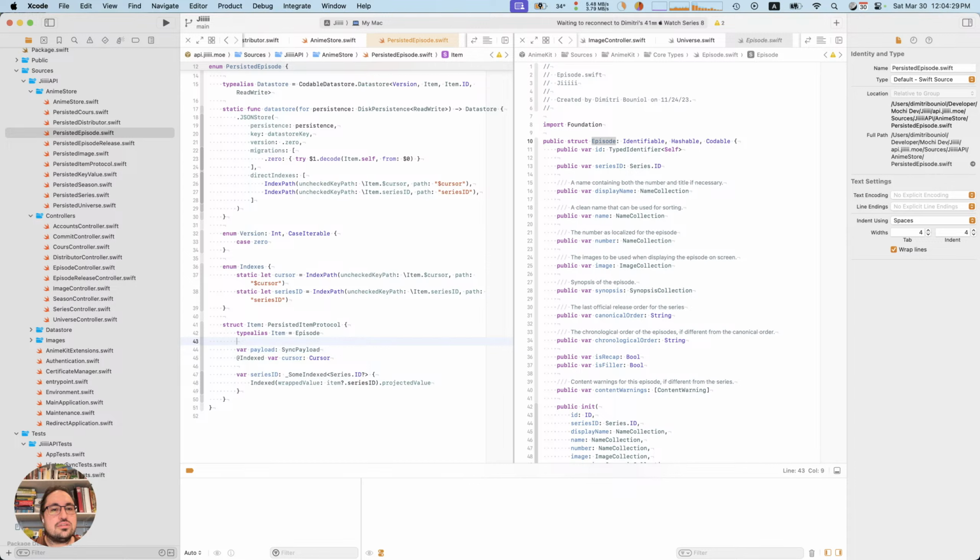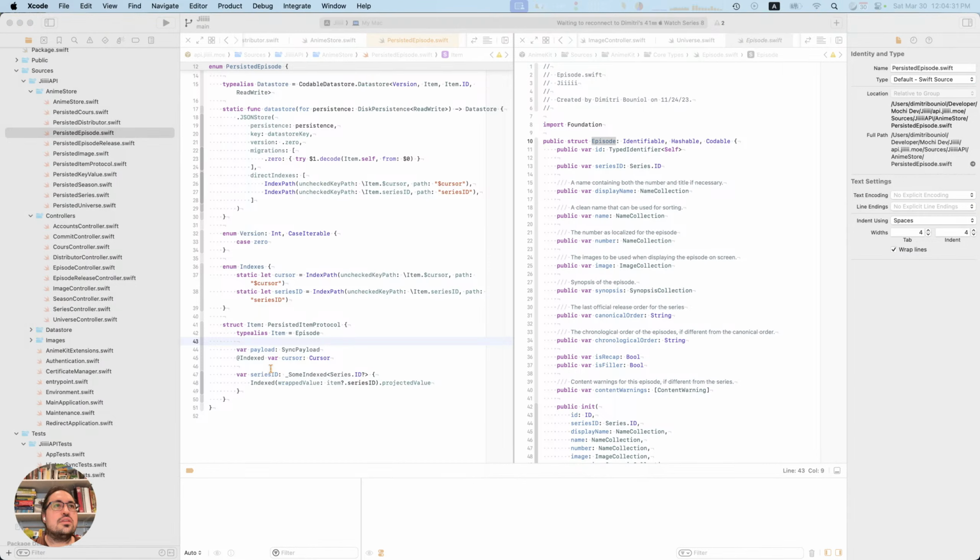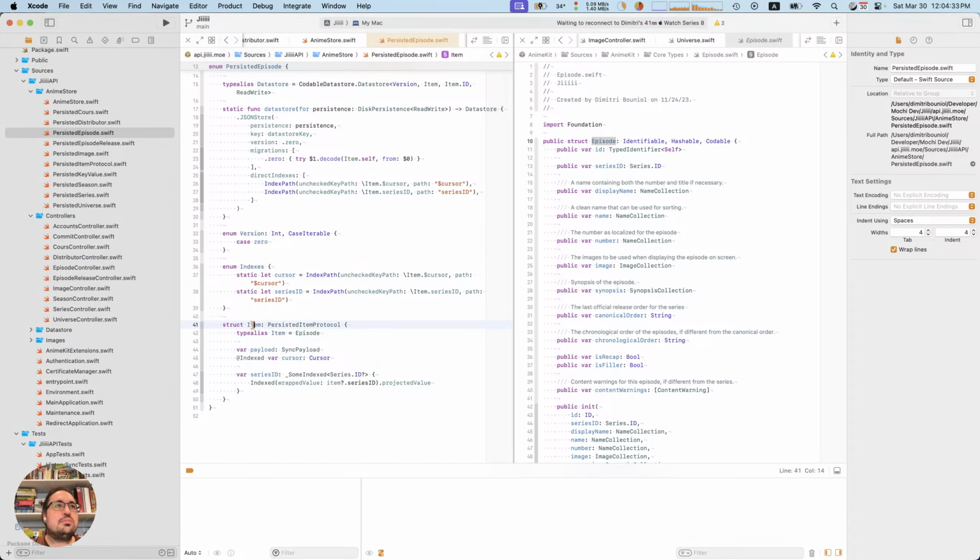But the way I have it set up is the database has this wrapper type called item, and then it declares these indexes. I have to declare them in this wonky way with some indexed, and then I have to wrap them, and it's overall not that great of a setup.